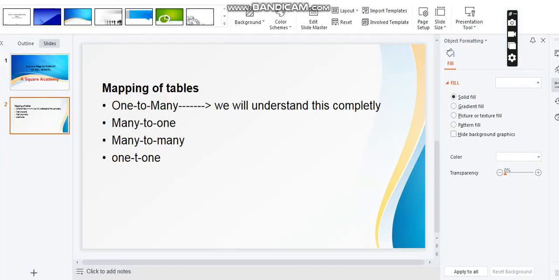Right, how the tables are related with each other. This is nothing but the concept of mapping. Okay, it's one to many, many to one, many to many, and one to one. We are going to see this one by one with proper demonstration or the examples we can see. Okay, let's see. First of all, see over here,